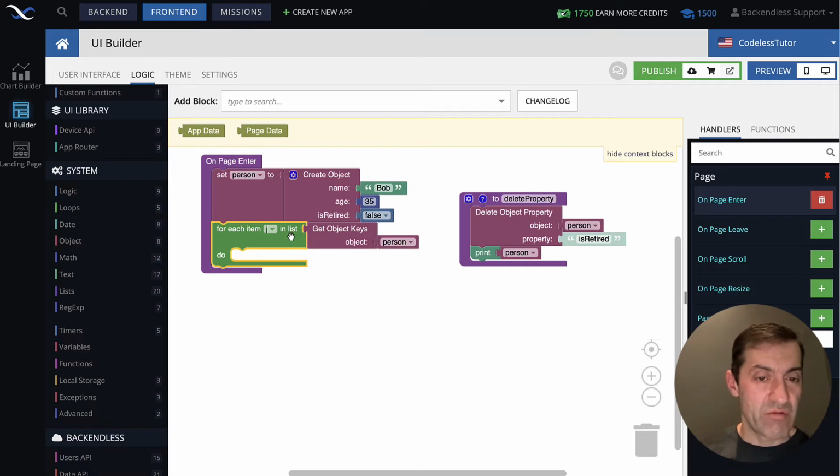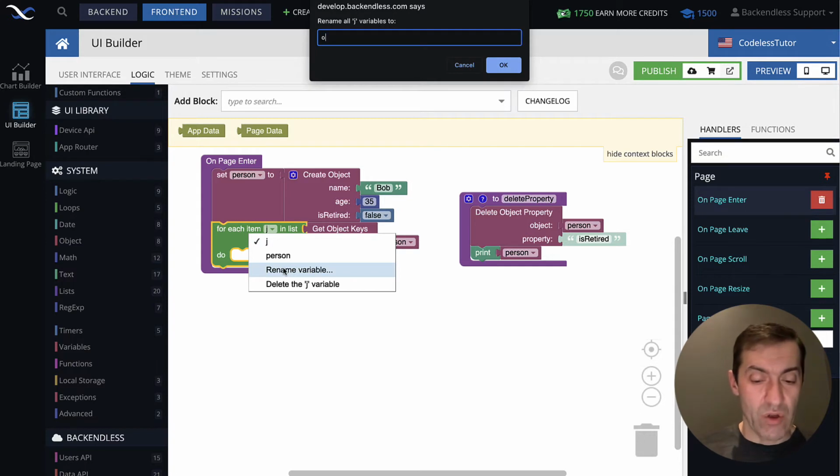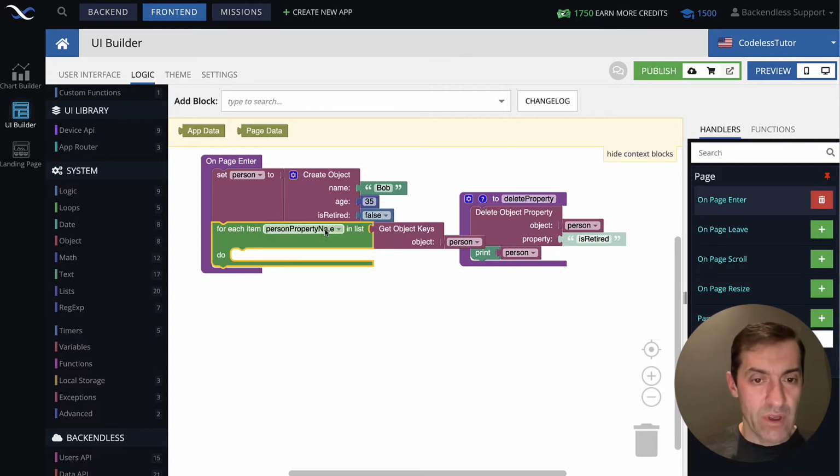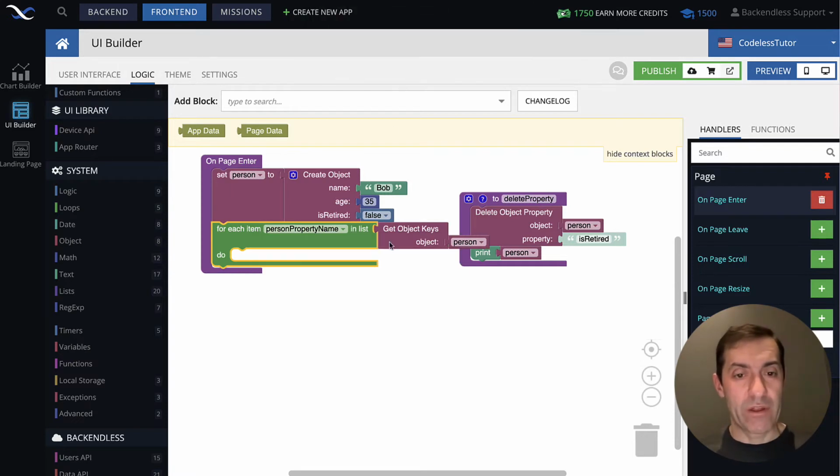So we basically connected get object keys to that iterator. And in here, let's rename this J variable to call it person property name. Now it looks good.